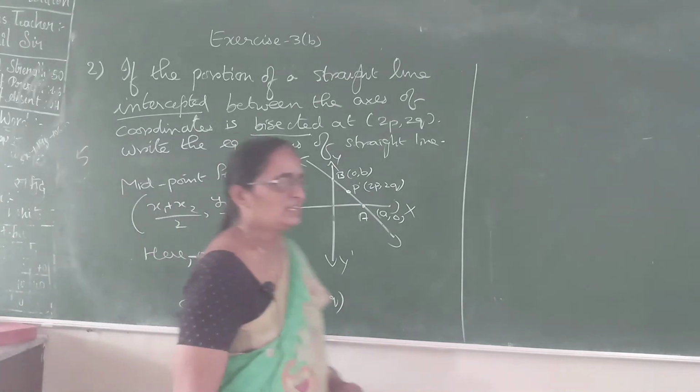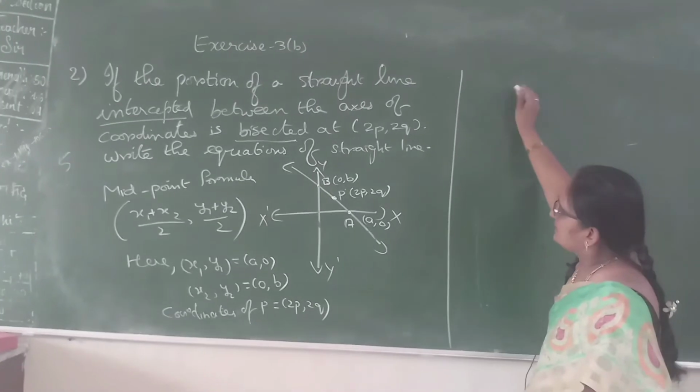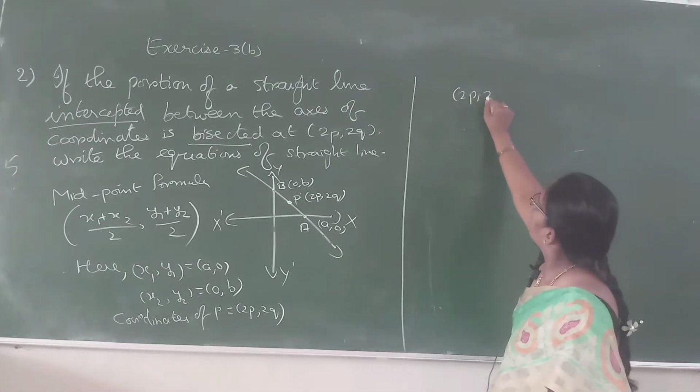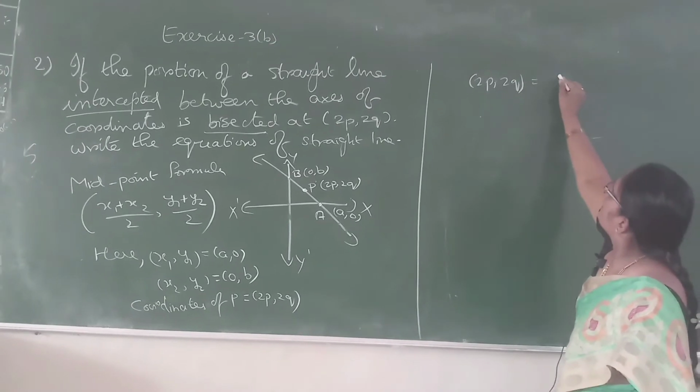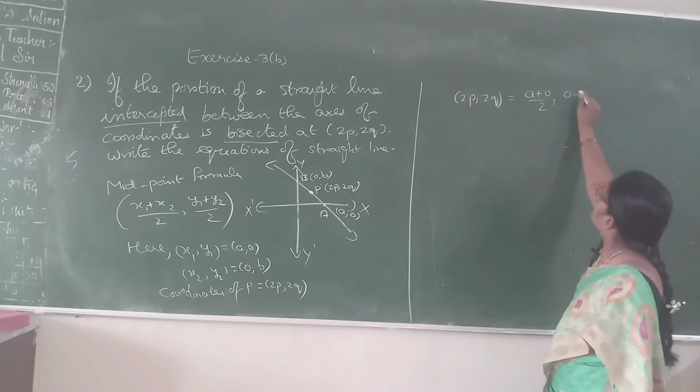Now let us apply the midpoint formula. That means here 2p comma 2q is equal to a plus 0 by 2 comma 0 plus b by 2,